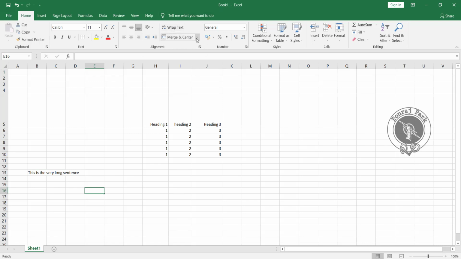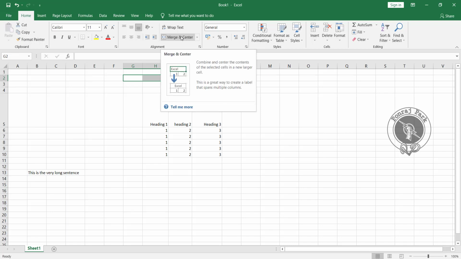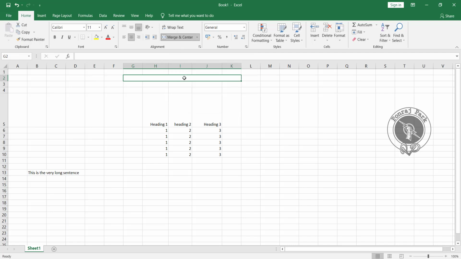And now next we have merge and center. There are these 4 options in this. If you simply select the area, suppose I want to merge this, and I click here merge and center. Now I'll directly write in this like title. You can see it has merged my cells, and when I write it is writing in the center. Okay, so this is how merge and center works.